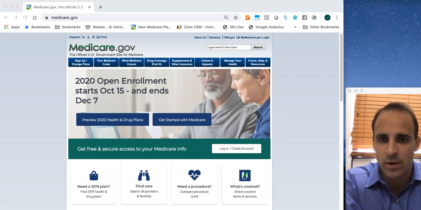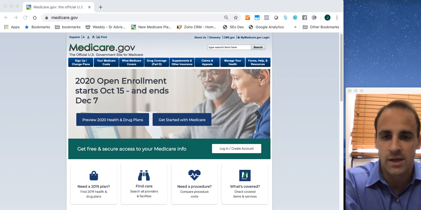I'm excited to announce the new Medicare Plan Finder tool has released a new feature which we've been asking for since it was launched, and we're very excited that it's now available, as of yesterday. It's the total cost calculator and sort function, which basically calculates the total drug cost plus the premium for the entire year and allows us to sort all of the 26 or 30 different drug plans based upon that total